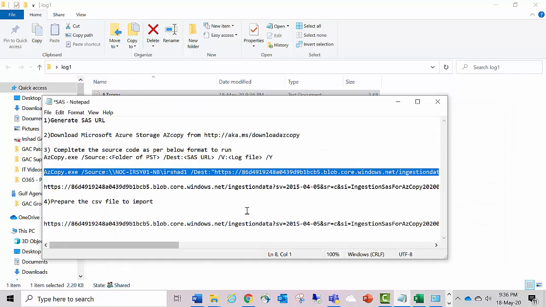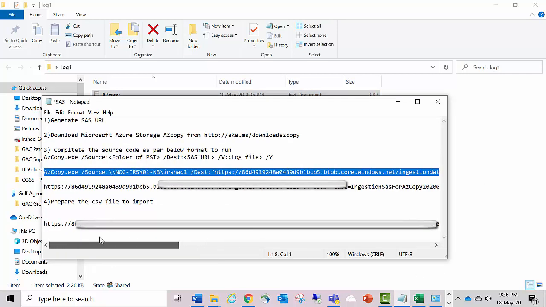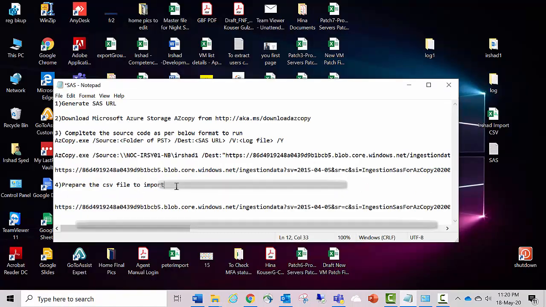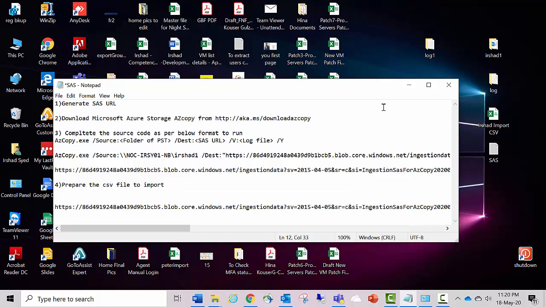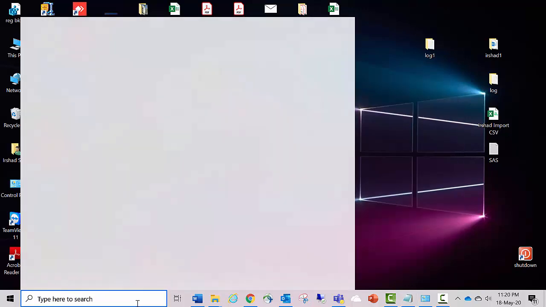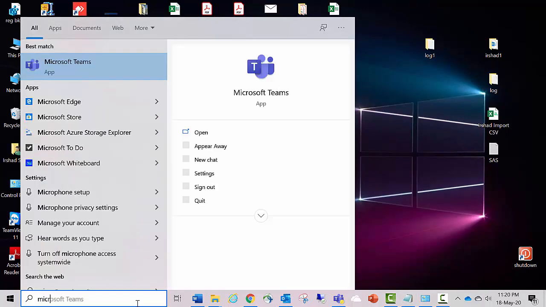Now we are done with the third step. Before going to the fourth point, that is preparing the CSV file format, you can ensure that these files have been uploaded to your Azure storage successfully or not.